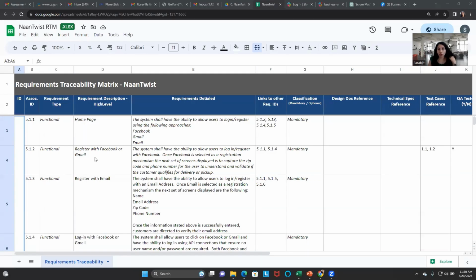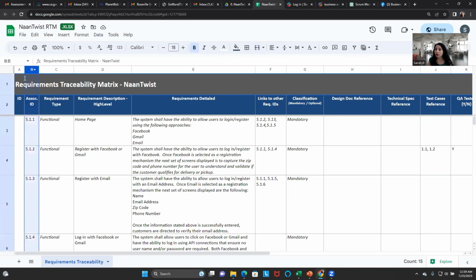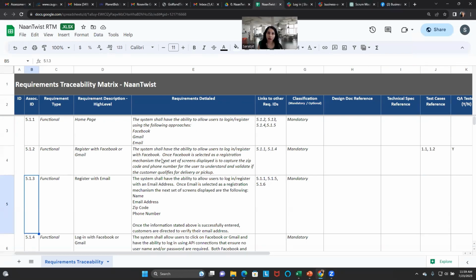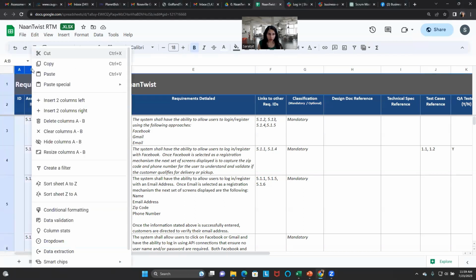So this is an RTM that I've used for one of my projects called non-twist. So this is an RTM, and here are the components of an RTM. So first, when we write requirements in a BRD, we generally have different ID numbers or numberings to make sure that we number our requirements sequentially based on the area or functionality that we're talking about, right? So each of your requirements in a BRD or an FRD should have unique identifiers, which goes into this column